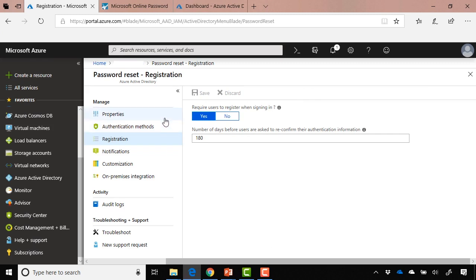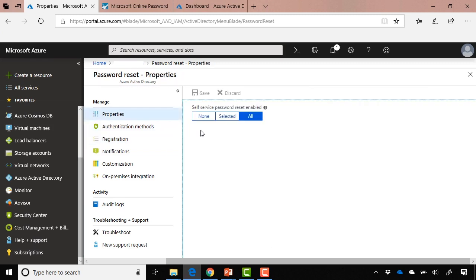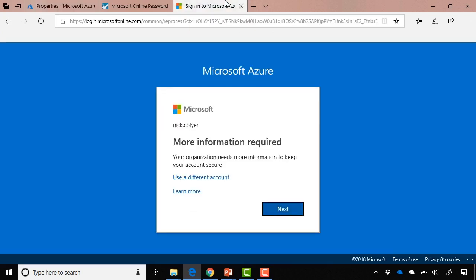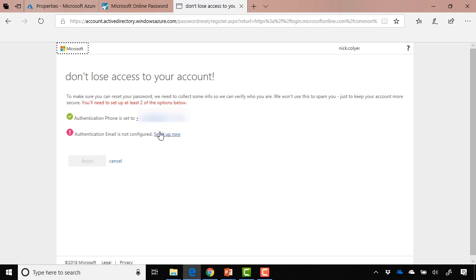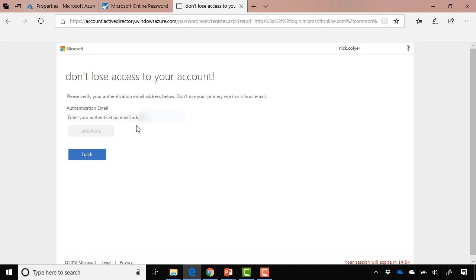Now flipping back to the portal and clicking properties, you can see here I've enabled self-service password reset, and I want you to see what it looks like when you actually go ahead and do that and what the user's prompted for the next time. If I go over to this other tab that I've already gone ahead and selected, you can see more information required. And so I'm required to go in here and actually set up my authentication. I've already done my telephone there, so I'm just going to blur that out, and I just need to do my email as well. So basically I type in an email address, it'll send me a code,